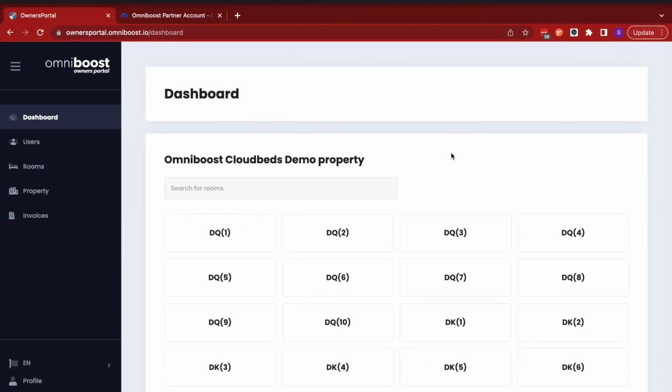And welcome to a demo of the Omniboost Owners Portal as it's connected to a Cloudbeds demo property. What you see in front of you is a main dashboard, very similar to the one that you will see once you have your profile set up and you received your property admin credentials. I will now walk you through the setup process and list and explain all of the features that the